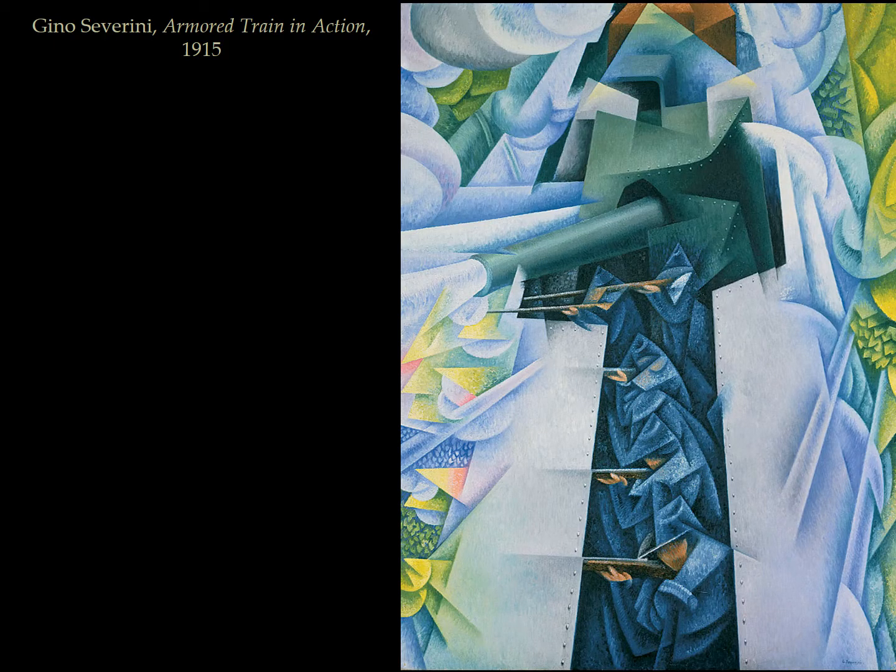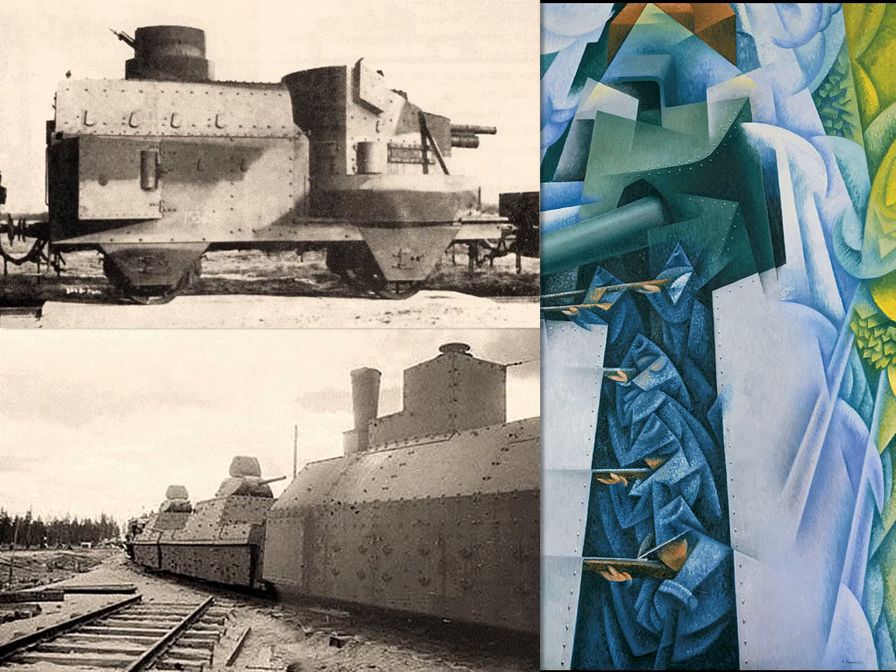What is the future, according to futurists? Well, one dominated by speed, technology, progress. So many of their works are going to be related to war and war machines, such as the armored train in action seen here by Gino Severini. So the train, as you see, is actually one that existed at the time that would also be used in World War I, this upcoming battle that would pit all major European powers and then finally the United States against one another, whereby we see from the top these riflemen firing from this armored train that has gun turrets on